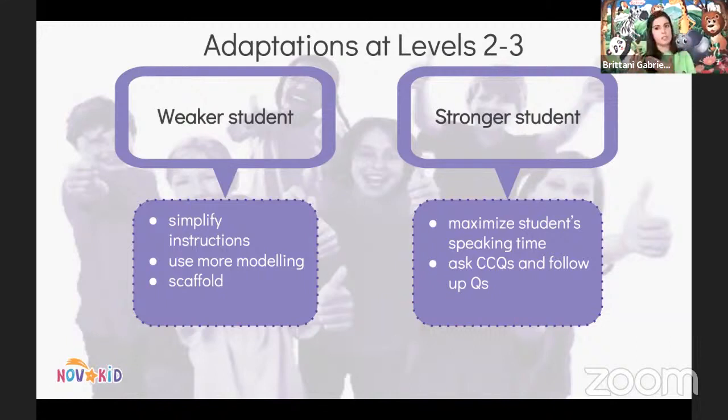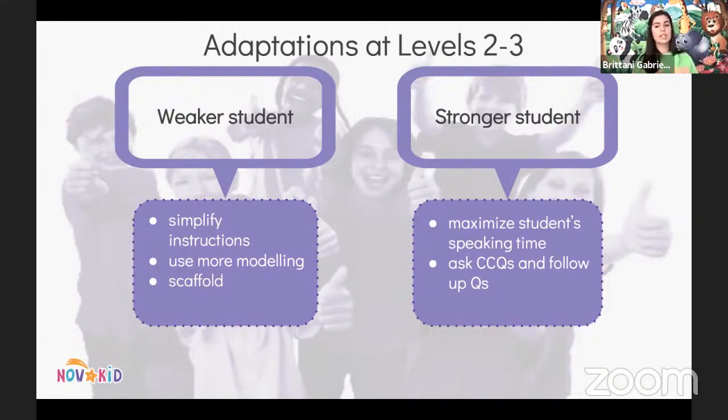With your stronger students, you can add more words into your instructions, but we want to adapt to both types of students. It's important to scaffold the material and to model what you want them to do. With your weaker students, you can scaffold in many ways. You can scaffold by pre-teaching the vocabulary. You can provide a sentence frame, or you can use flashcards.